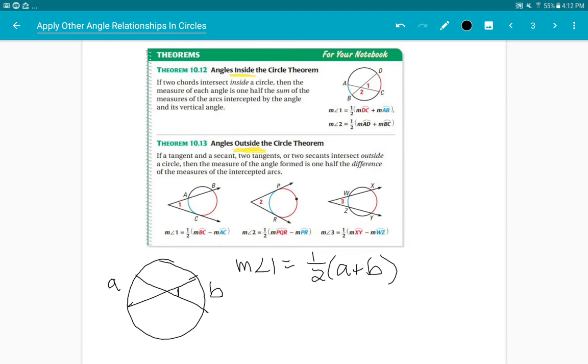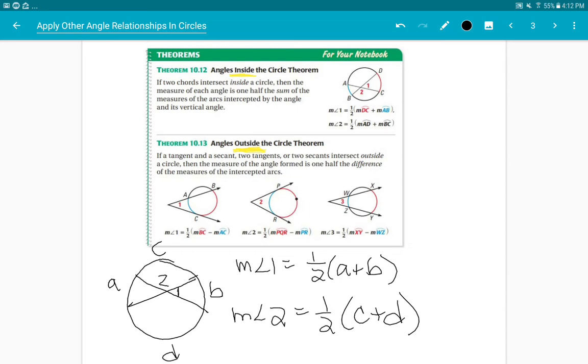Then we can easily find, like if we needed to find 2, that could be easy. We could just subtract from 180, right? But 2, if we label this arc C and this arc D, is just going to be the average of C and D. Okay, so it's very simple when it works inside the circle. Just think of it as the average. It's just taking the average of both sides, and that's going to be the combination that's going to get you